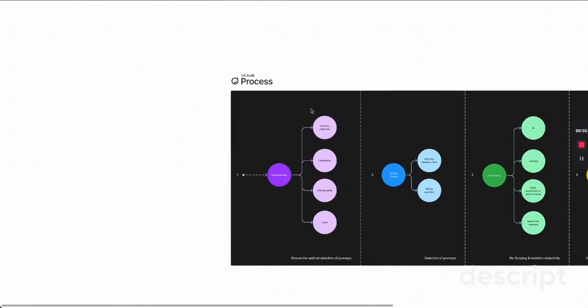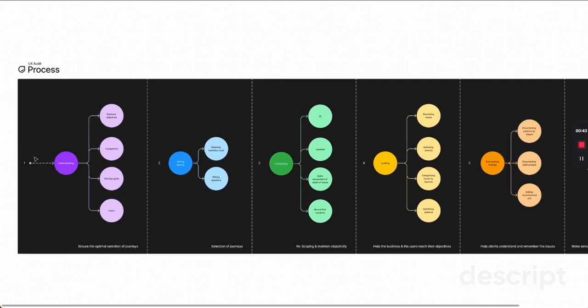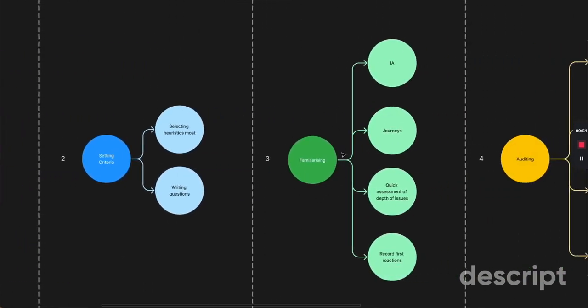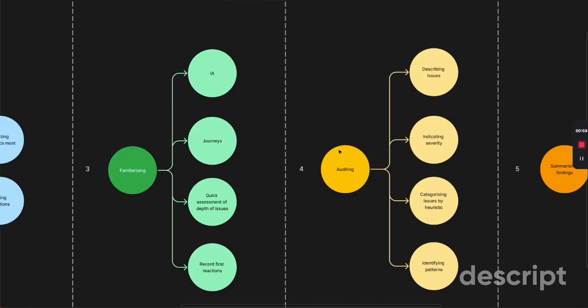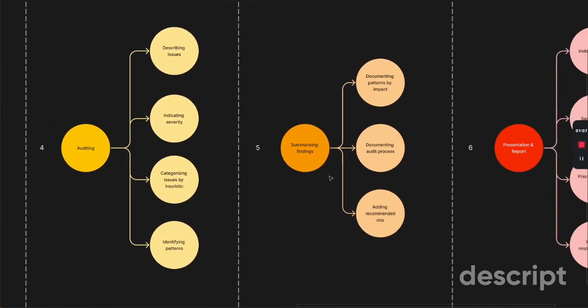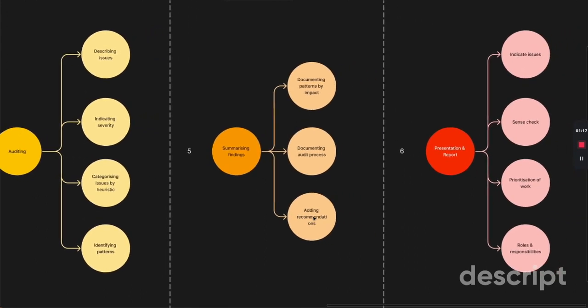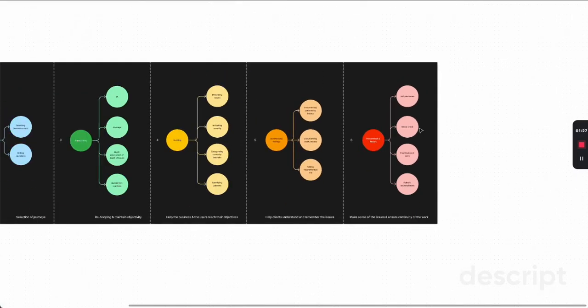The process consists of 6 different steps, and those steps are: first, understanding; setting a criteria for the heuristics; familiarizing ourselves with the journey and different parts that are relevant for us to evaluate; auditing, so doing the evaluation themselves; then summarizing the findings, so distilling whatever we learn and converting that into insights; and then finally, a presentation and report to the client. Let's start with the first one,